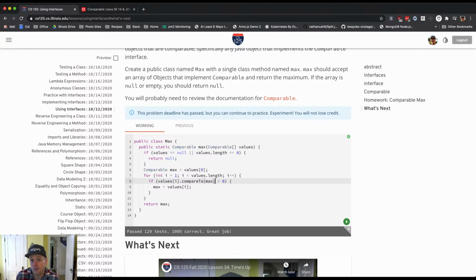The algorithm is the same. Sorry, I should be careful here. The algorithm is the same, whether I'm doing ints, doubles, floats, whatever. What I want to be able to do is not have to implement this 10 times, 11 times, 12 times. Every time I come up with a new class, I shouldn't have to write a new maximum algorithm for it,